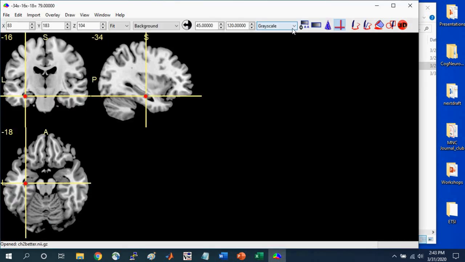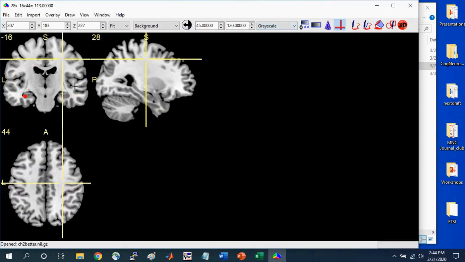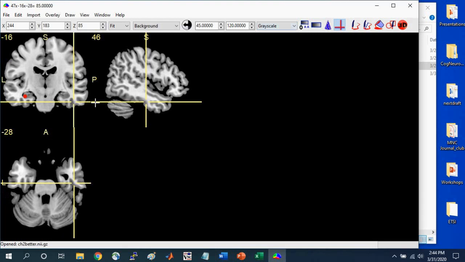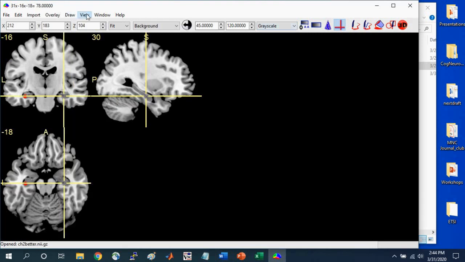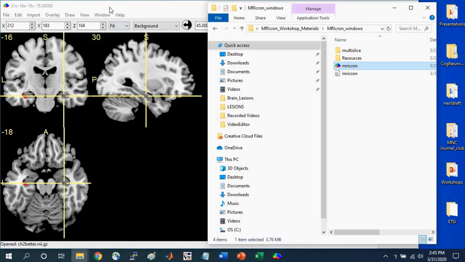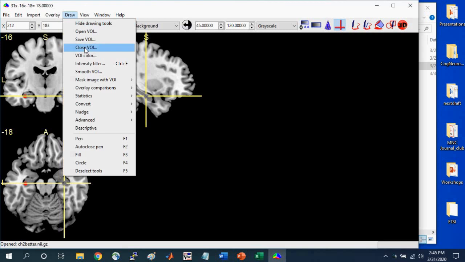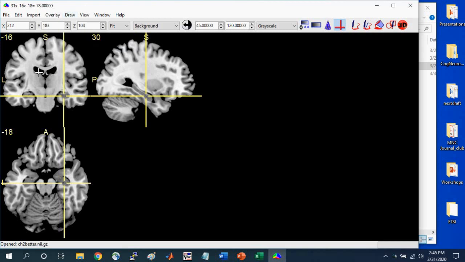So now we have our first sphere, and if you want to generate a bunch, you can go to whatever coordinate, just click around to go to specific coordinates that you want to go to, or you can go to View, MNI coordinates to navigate to a specific X, Y, Z coordinate. And if you hadn't seen some of my earlier videos, the X coordinate is up here, Y, and then Z coordinates. So that's what these coordinates match on here. So I'm going to close this file,